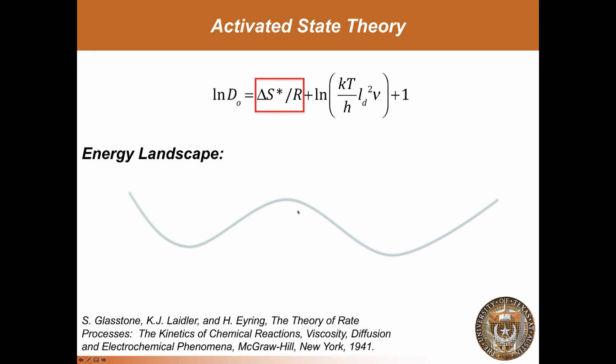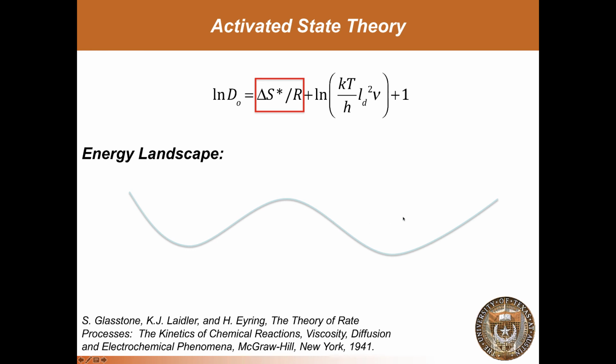And if that energy landscape tends to look like this, more like rolling hills that have broad shoulders and wells that are not too deep, the depth of this well is proportional to the activation energy of diffusion, and the width of the well can be shown to be proportional to the entropy of activation, and a wide